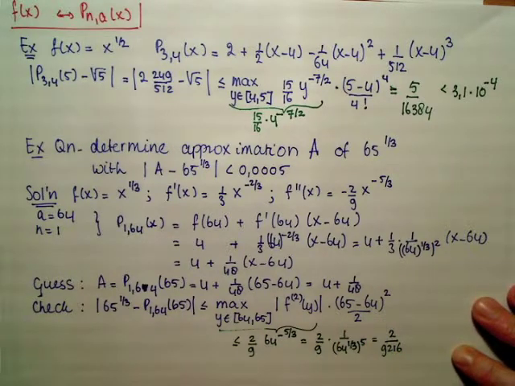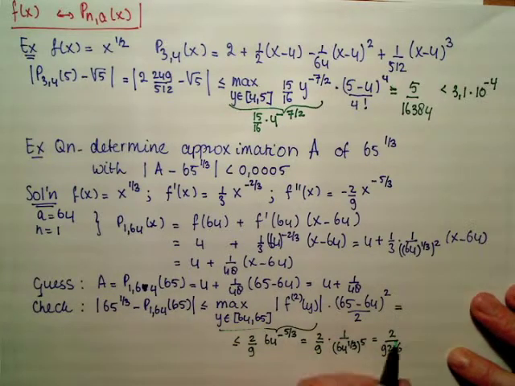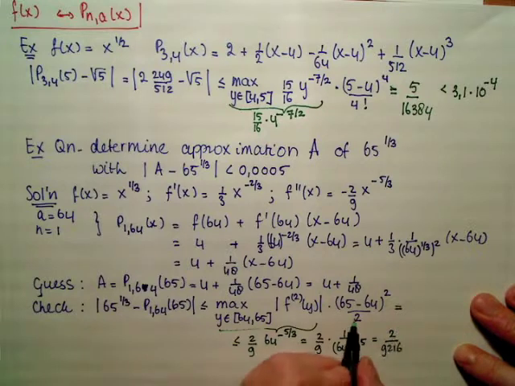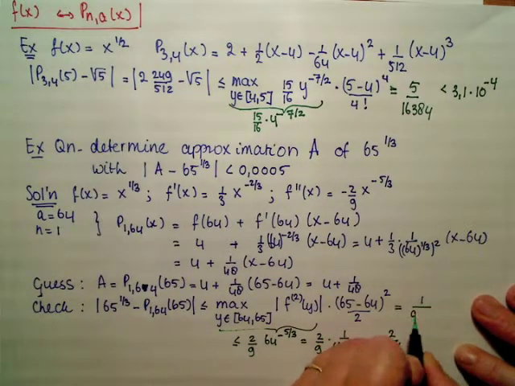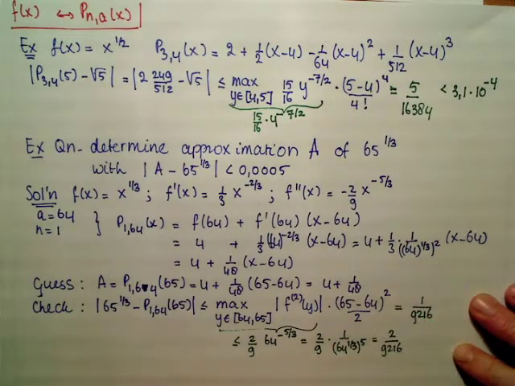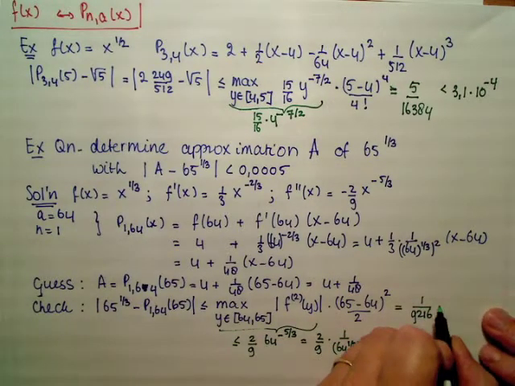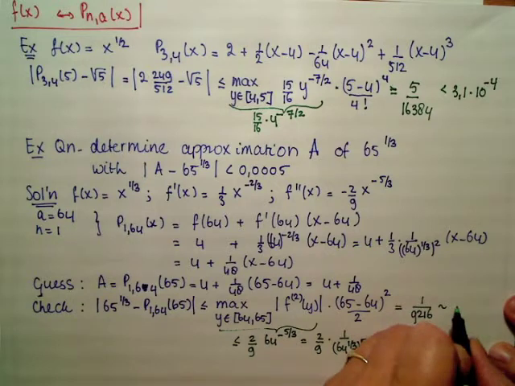And if we multiply by the coefficient that we have here, 2 times 2 divided by 9216 divided by 2, so it's 1 over 9216, and this is, if you compute it, something like